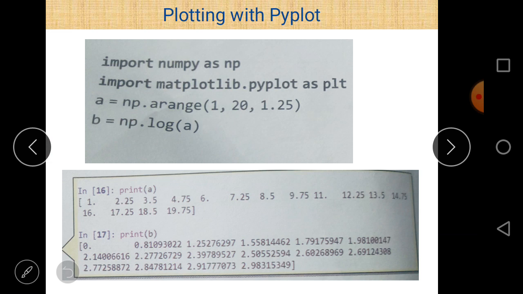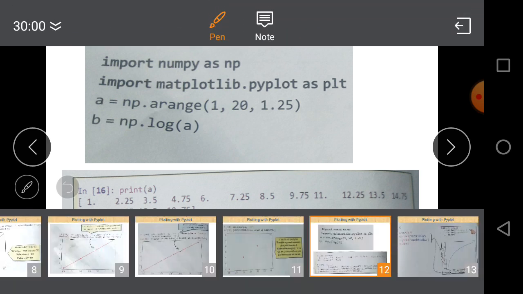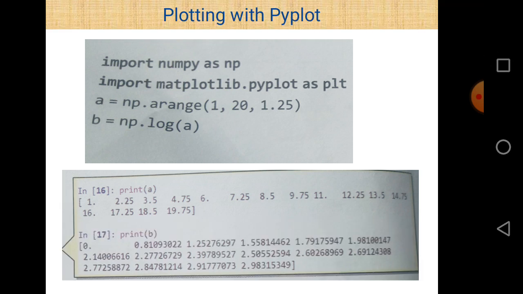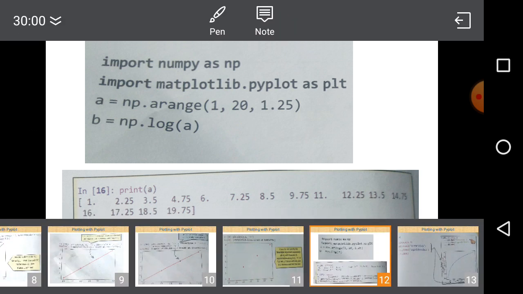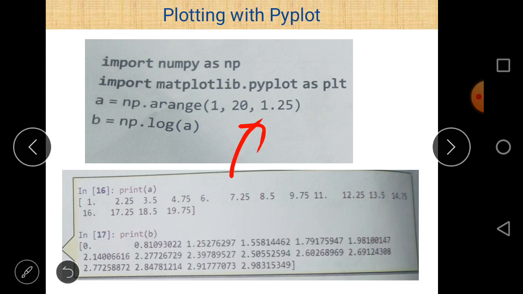In the first statement, a is equal to np.arange. arange is a function that belongs to the numpy library, that's why we use numpy here. In the parentheses we pass three different values as arguments: 1, 20 and 1.25.